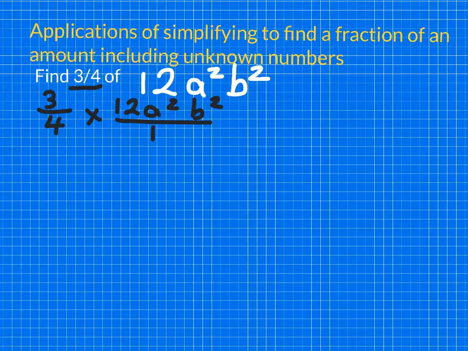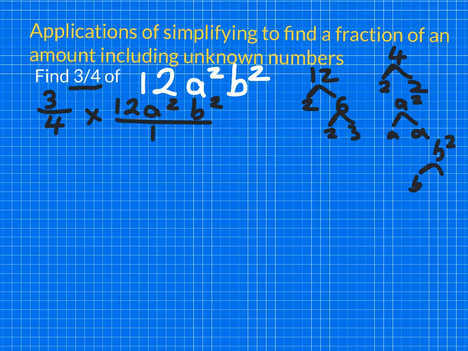Let's now break down some of these numbers into their prime factors. We've got 4, which becomes 2 times 2. We've got 12, which is 2 times 6, and 2 times 3. We've got a squared, which is just a times a. And we've got b squared, which is b times b. Now we can rewrite it in its broken down form. So we've got 3 over 2 times 2 multiplied by 2 times 2 times 3 times a times a times